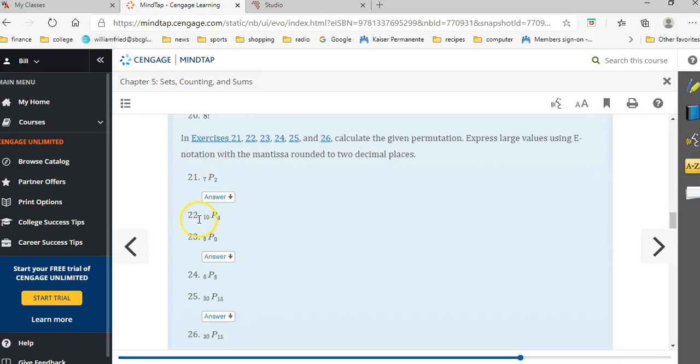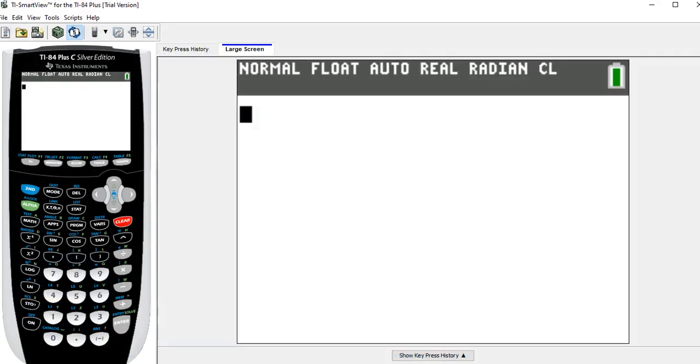With these examples, I want to do, say, number 22, 10P4, which means how many permutations are there if you have selecting 4 out of 10 objects in a specific order? The idea with the permutation, there's a first one, a second one, a third one, and a fourth one, so the order is important. On the calculator, we can calculate 10P4 by entering a 10, and then